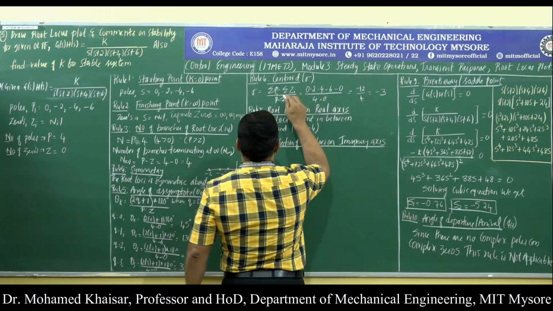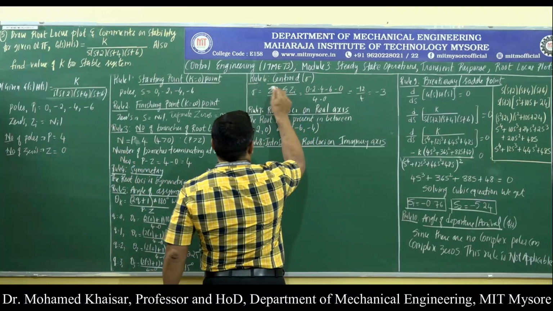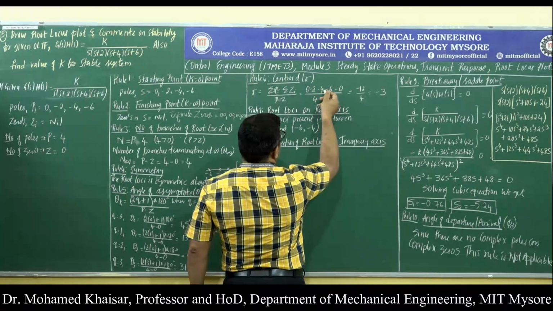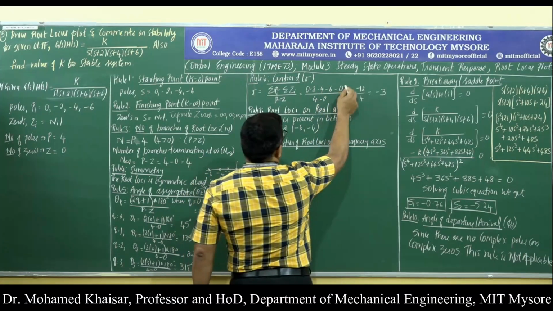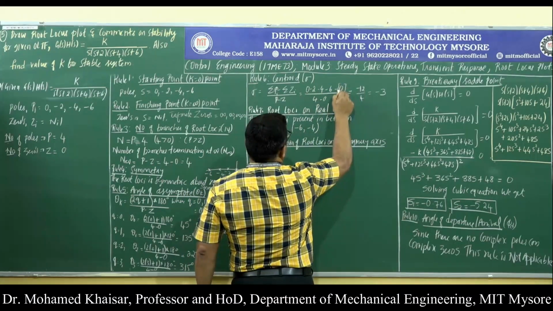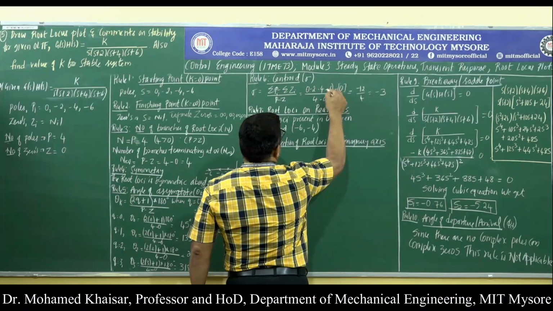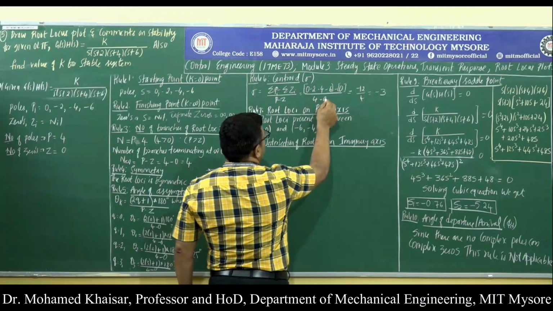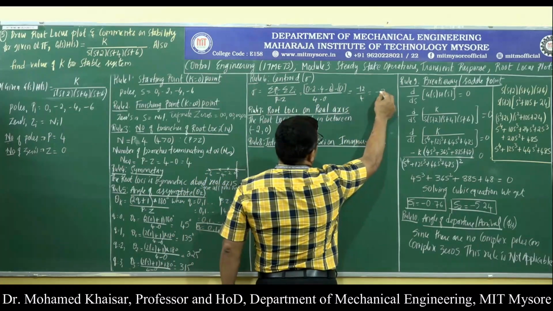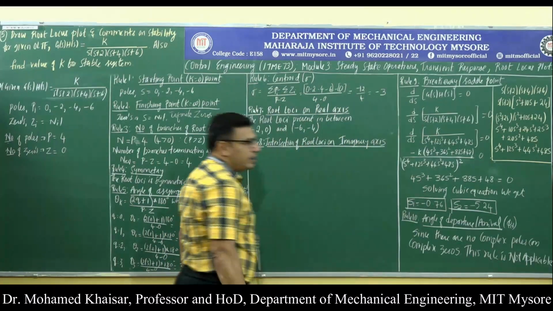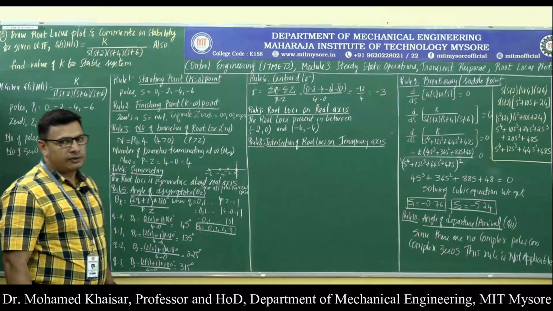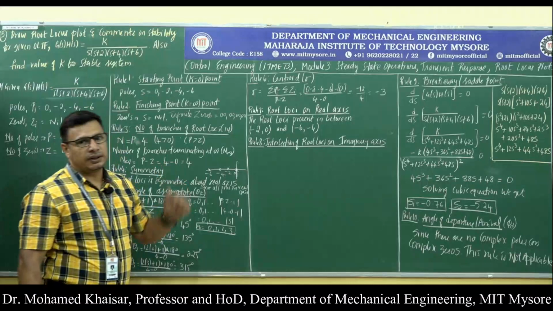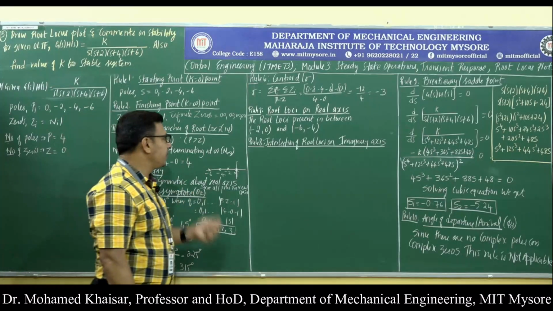When we substitute the poles in the summation of Pi, it gives us 0, minus 2, minus 4, minus 6, minus 0, divided by the number of poles, which is 4, minus the number of zeros, which is 0. We get minus 3. That means to say the asymptotic straight lines are going to emerge from minus 3, that will be on the negative real axis.